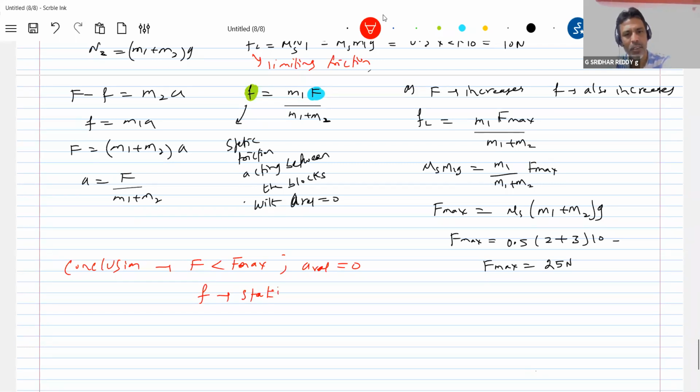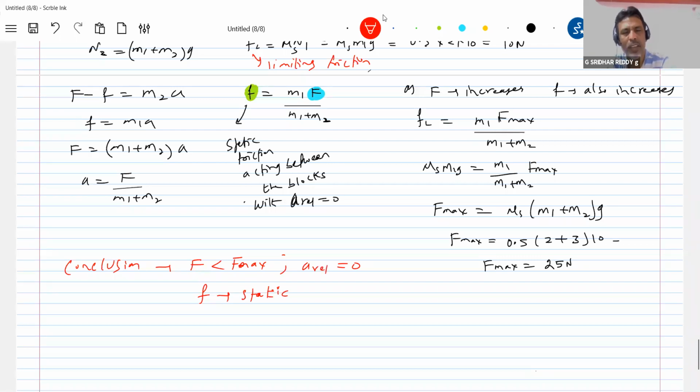Here we are not discussing a block on the ground. Both the blocks are moving. There's no relative motion between the blocks. Then the friction will be static. This comes out of that basic thing I started with. In books, you have equations but no explanation. That's why you find it very difficult. So I'm giving the basic condition here.